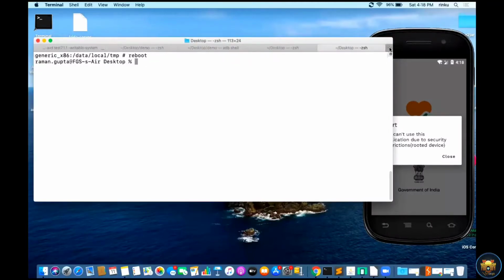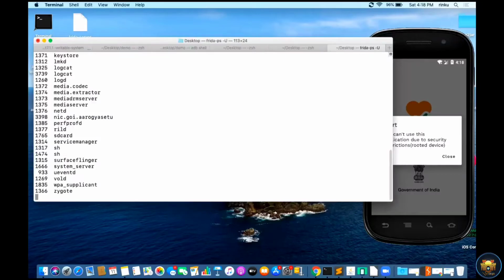Okay, we will try here. No issue. So run frida-ps -U. Yeah, I am able to get all the applications with their corresponding process IDs. Here the process ID of Arogya Setu is 3398.